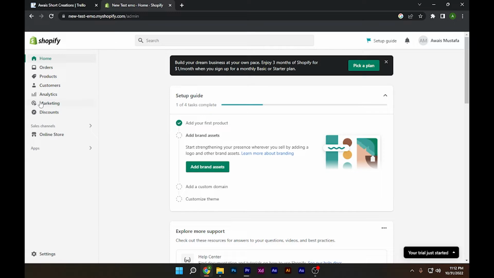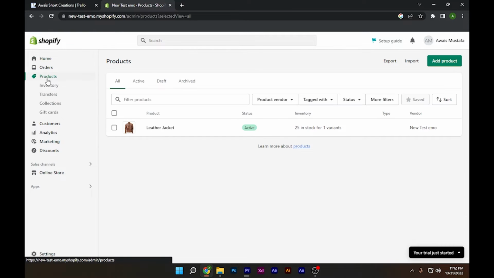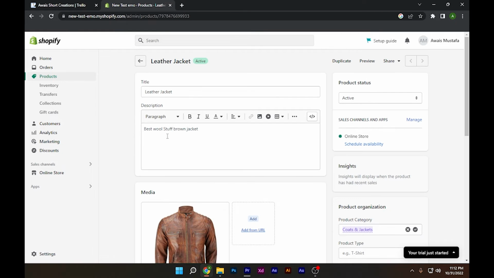First of all, open your Shopify store and click on this products. So once you are here, you can also add new products by clicking on this add product, and after that you can simply add the variants. But if you want to add variants in your existing product, you have to click on that product and you